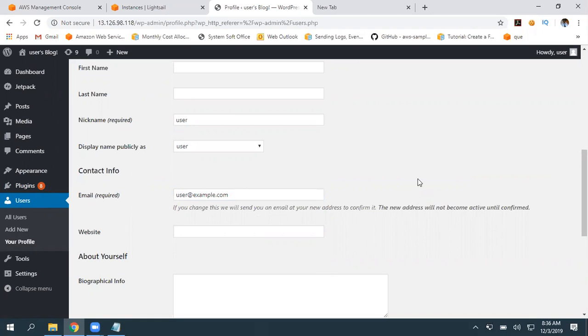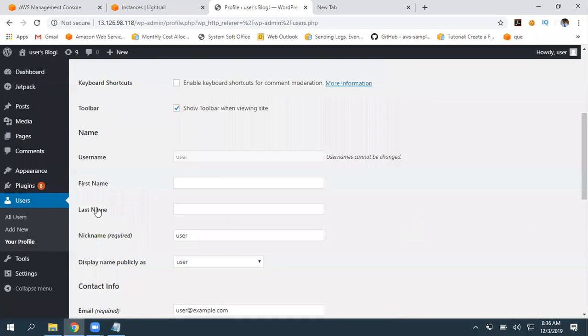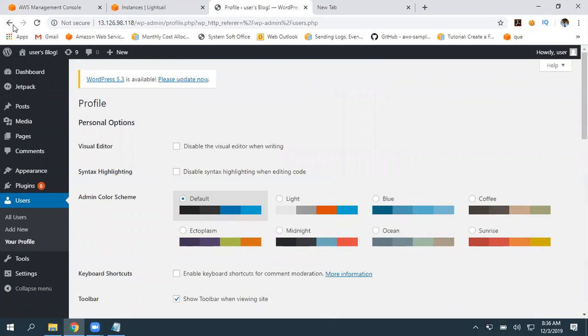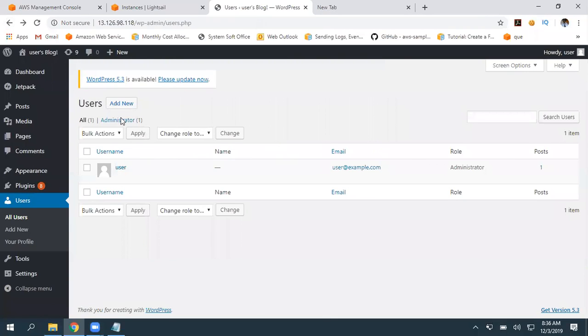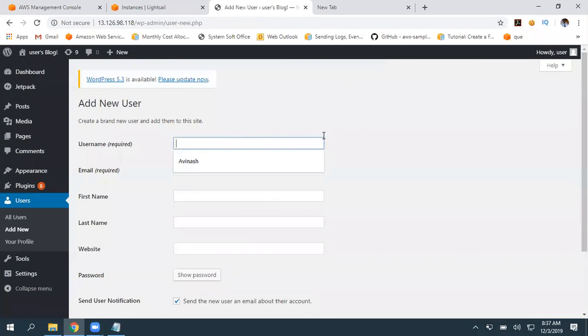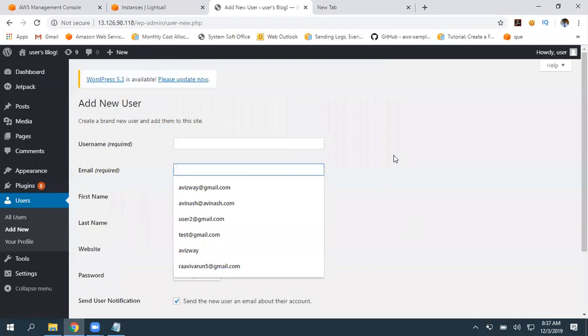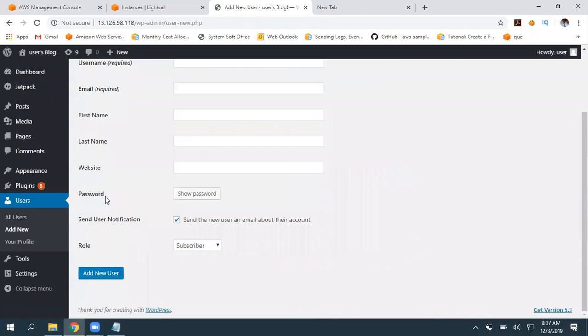you can log into this WordPress admin console, and if you want to create any other users, go here, add new. What is the username you want to give? What is the email? Immediately he will get an email. And what is the role you want to give? Editor, he can write and he can post something. He can author. He can write some articles. He can contribute. He can be just a subscriber or administrator to this WordPress website.